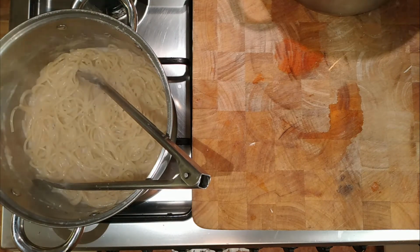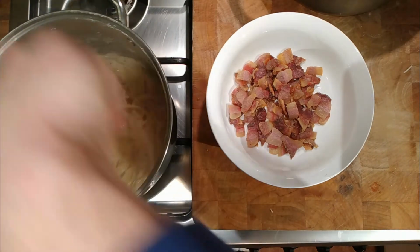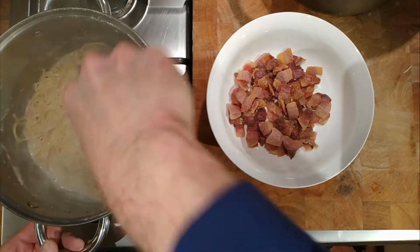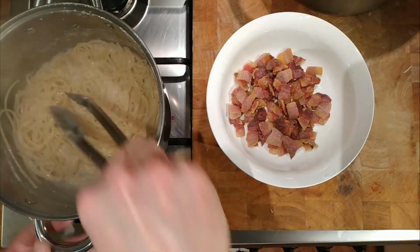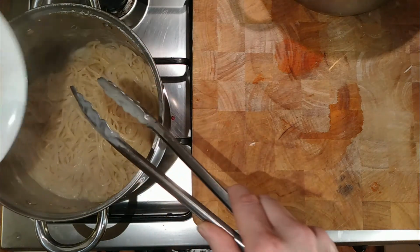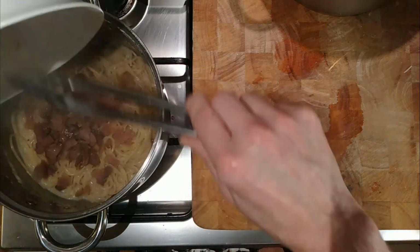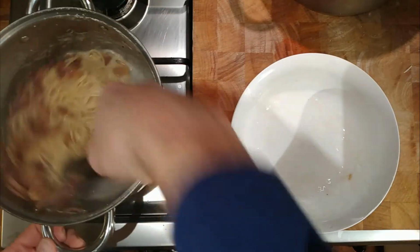We've got a bowl. Oh no, we're going to use that bowl, aren't we? We're going to use the bowl we've got the bacon in. So it's not quite ready to eat, but the pasta will carry on cooking and absorbing some of that liquid and evaporate off. So by the time I've added this,